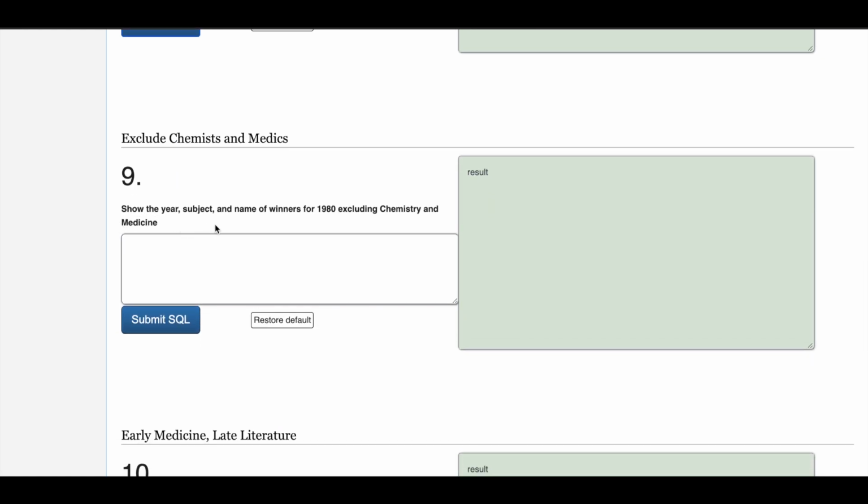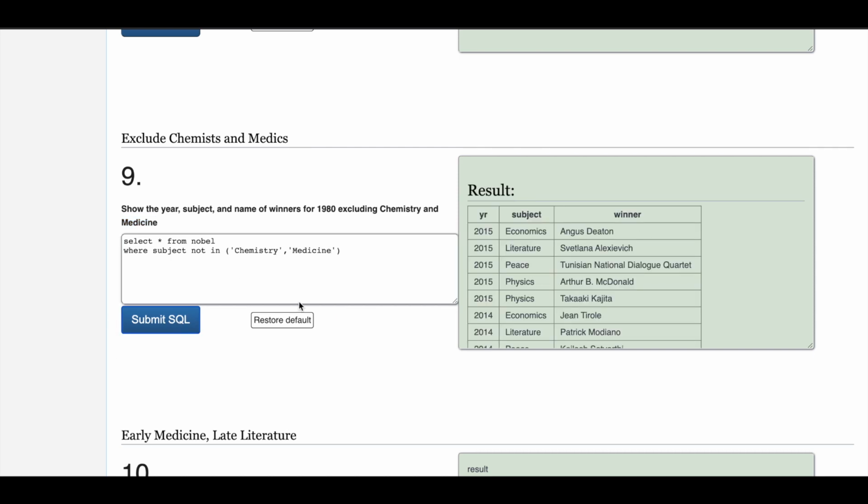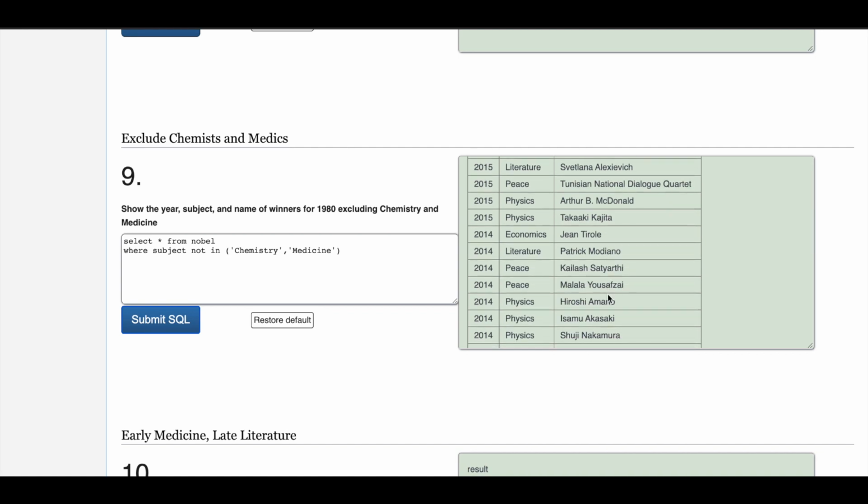Show the subject and year of the winners excluding chemistry and, okay, SELECT star FROM Nobel WHERE subject NOT IN, for year 1980 and year,